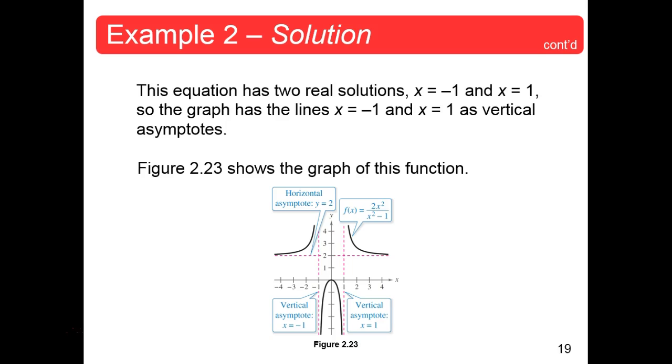X equals 0. 0 in the denominator, minus 1. Well, 0 minus 1, that's 0. So your only intercept is going to be right there. Okay? Well, that tells you it touches the graph right there, no problem there, but we have absolutely no idea